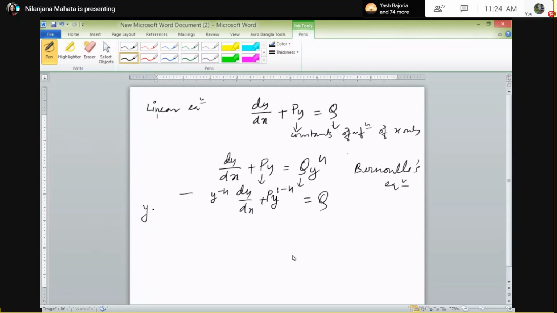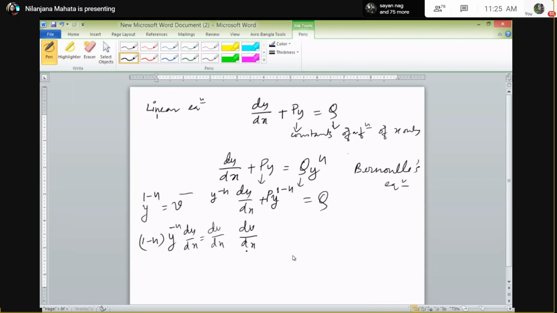And I will substitute y to the power minus n is equal to v. So this will be 1 minus n, y to the power minus n, dy/dx, which will be your dv/dx. I have differentiated properly, right? 1 minus n, this will be minus 1, y to the power minus 1, dy/dx is equal to dv/dx, right? So this will be written as